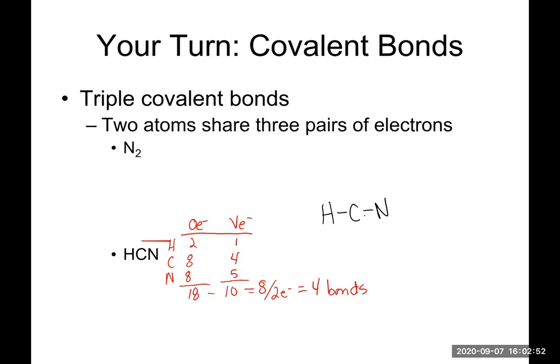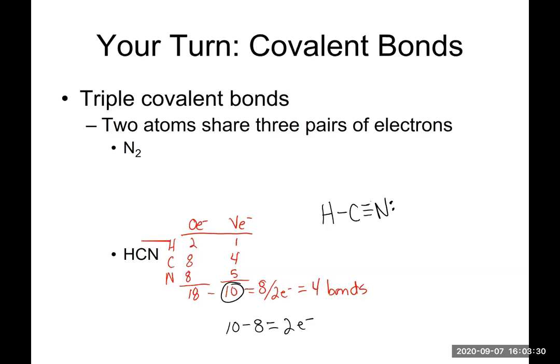So if we gave nitrogen 3 bonds by putting a triple bond right here, carbon now has 4 bonds, nitrogen now has 3 bonds. We need to calculate the electrons that will be remaining around the structure. So we have 10 as our valence minus 8 electrons used for bonding. That leaves us with 2 electrons to distribute around the structure. Hydrogen has a duet, it has 2. Carbon has 2, 4, 6, 8, so it's fine. Nitrogen is 2, 4, 6 with the triple bonds, and we give it that lone pair